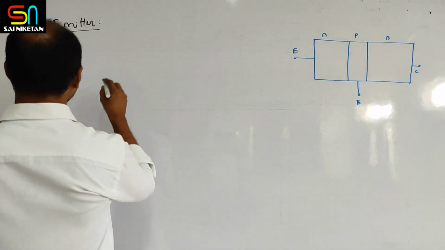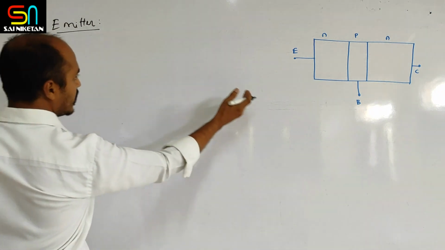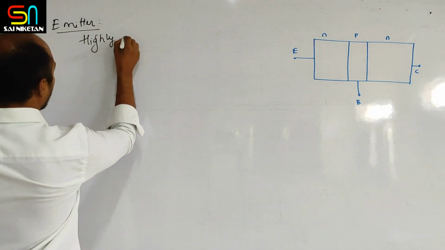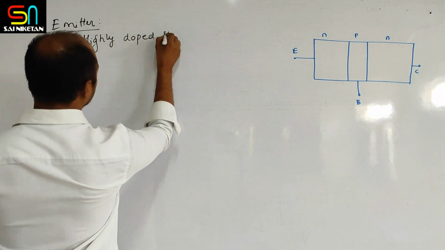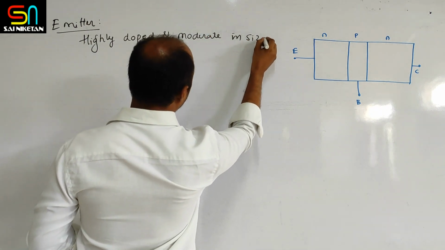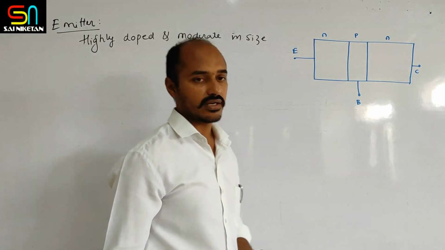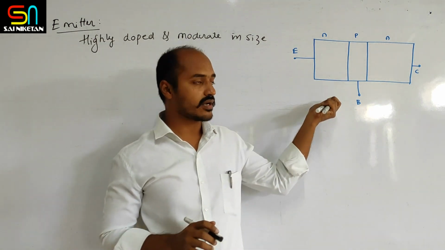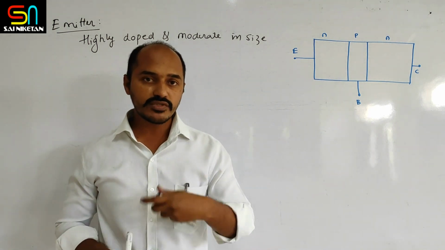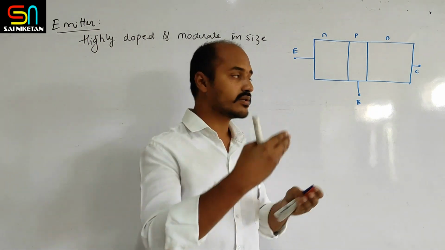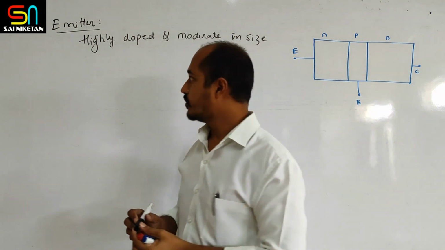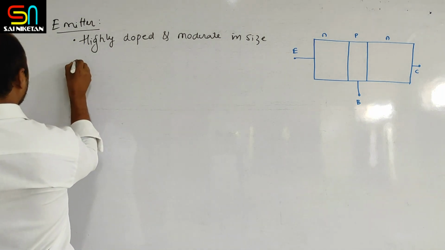Size is moderate. And it is one of the side regions, highly doped and moderate in size. Moderate in size means size lies between base and collector. Now here charge carriers are more. Remember, in the emitter there are a number of charge carriers. Number of charge carriers means it can send n number of charges to any of the sections, like base or the collector. So you have to remember, as the name indicates, it emits